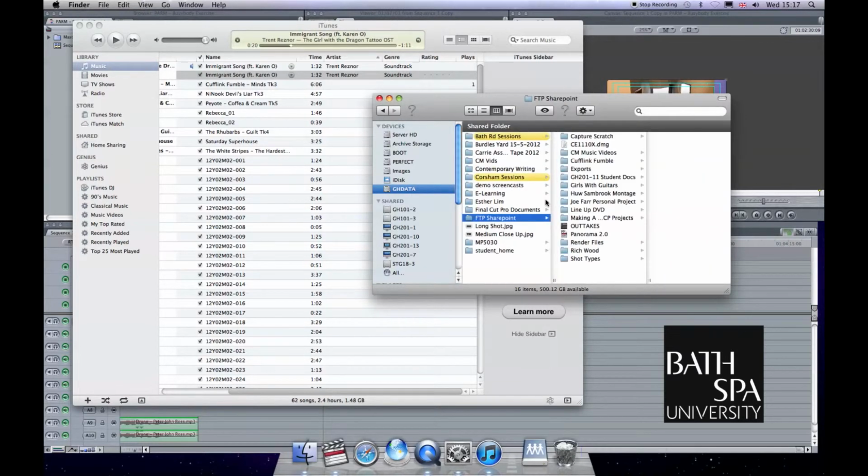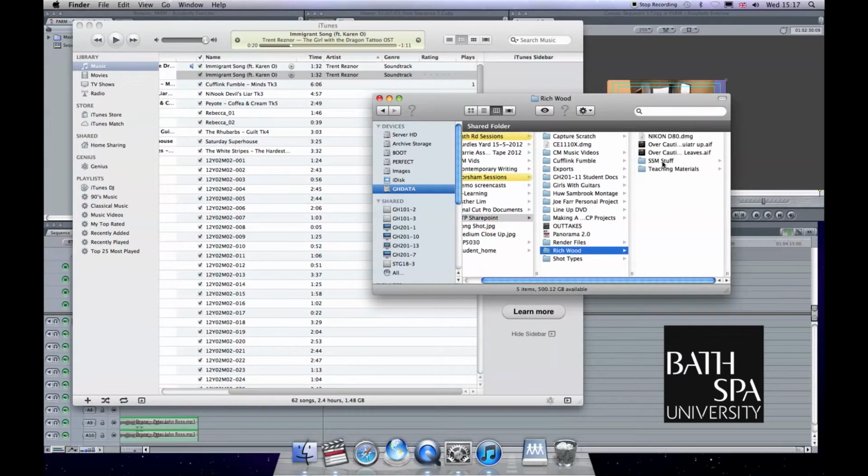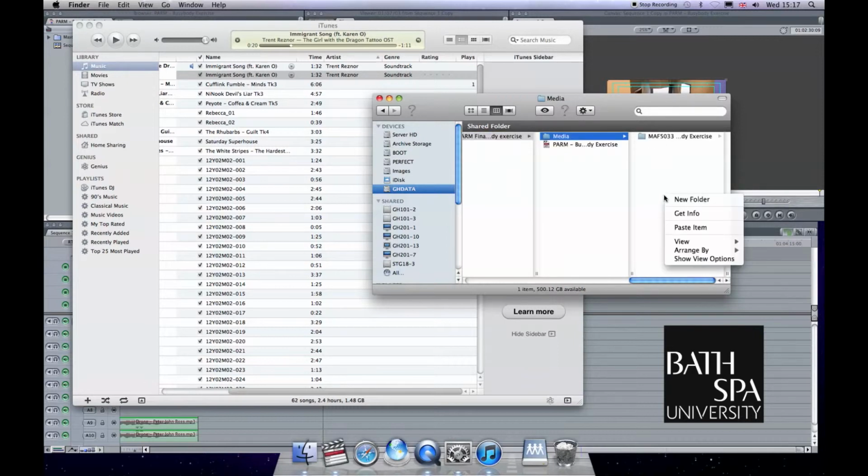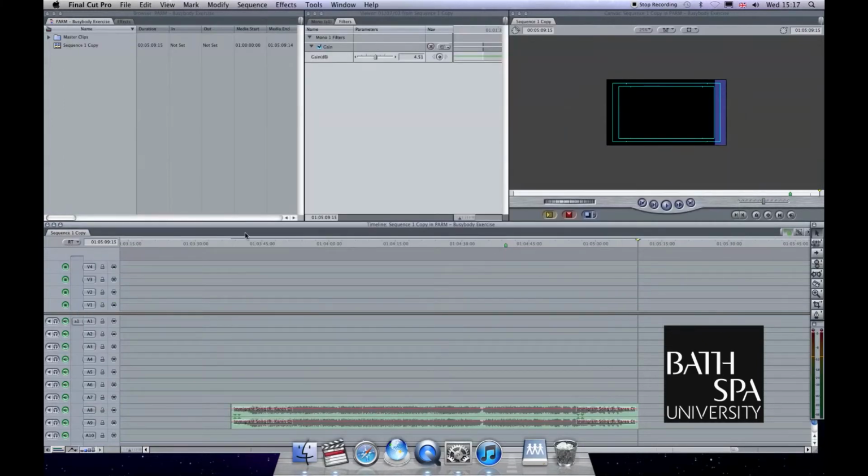into the folder that contains the Final Cut Pro project you're working on. So in our exercise in here, we have the busybody exercise. I stick that in media, paste the item in. Then I can bring that into Final Cut Pro, and hey ho, there's no red render bar and the file